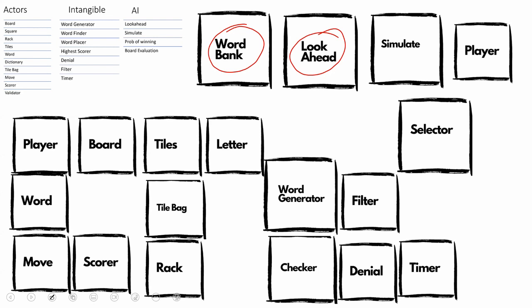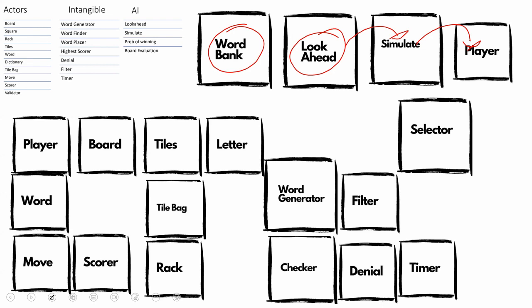To do look ahead correctly, you need to simulate the game because you don't know how or what tiles your competition is likely to get in the next few rounds. So you need to simulate that, right? And who do you simulate? You simulate players as well as their strategies. तो आप सिर्फ AI का गेम नहीं सिमुलेट करें, आपकी जो competing parties हैं उस गेम के अंदर आप उनको भी सिमुलेट करें. So this is again a visual representation of the character that we've spoken about. And then we dig a little bit more about what do we do with this.